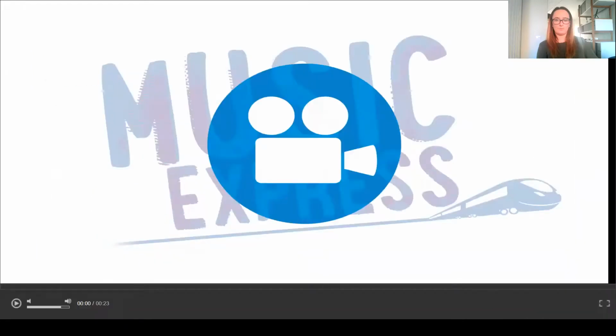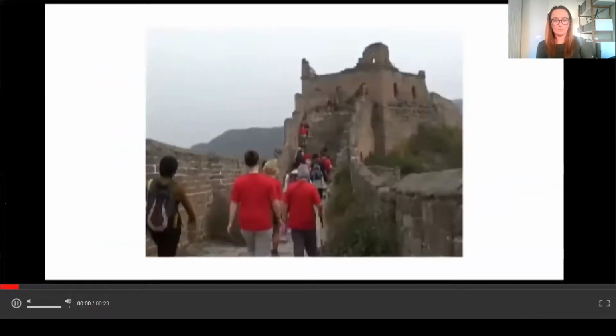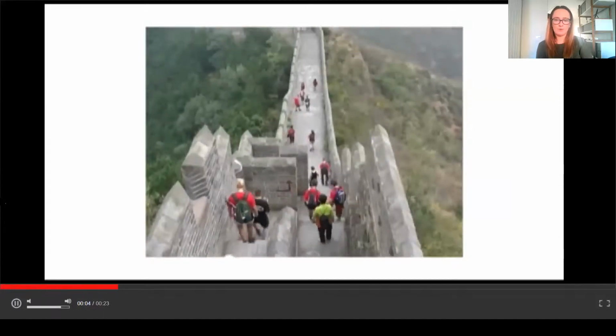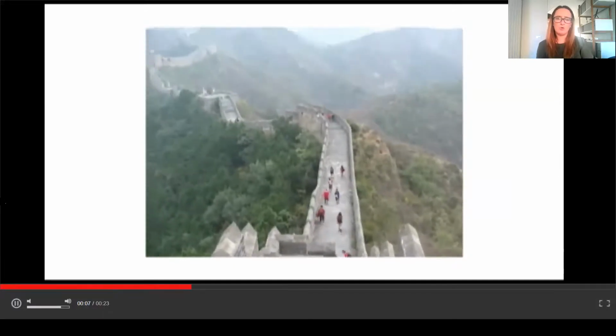Right, what we're going to do now, just bear with me whilst I get our next activity up. We're going to have a little listen to a song. And before we do that, we're going to watch a movie of people walking along the Great Wall of China. Now, our whole unit for music is called China, and we were looking also at some Chinese instruments last week. So let's have a little nose here. There are some people walking on the Great Wall of China. It's a huge wall in China.